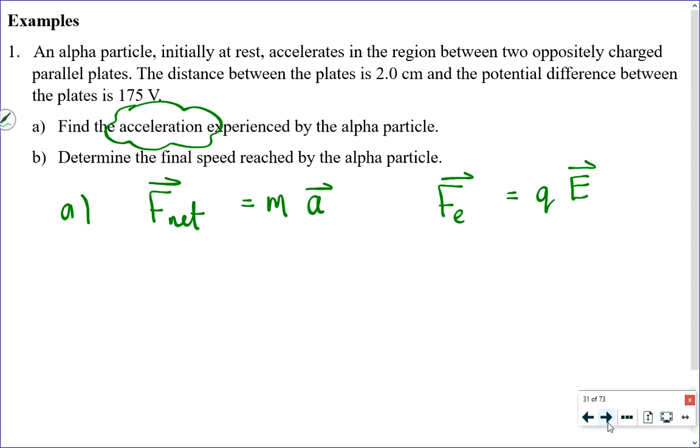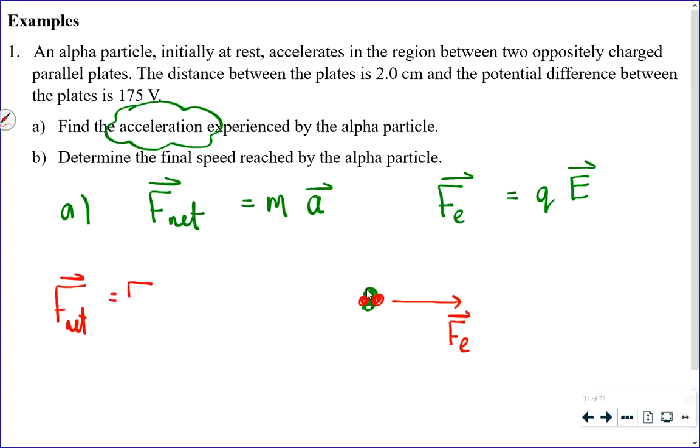And since an alpha particle, which consists of 2 protons and 2 neutrons, is only being influenced by an electric field, if I were to draw a free body diagram on this, that's the only force. I may be oversimplifying things, but I think fundamentally this idea is important. Since that's the only force, it's the net force. So I can write F net